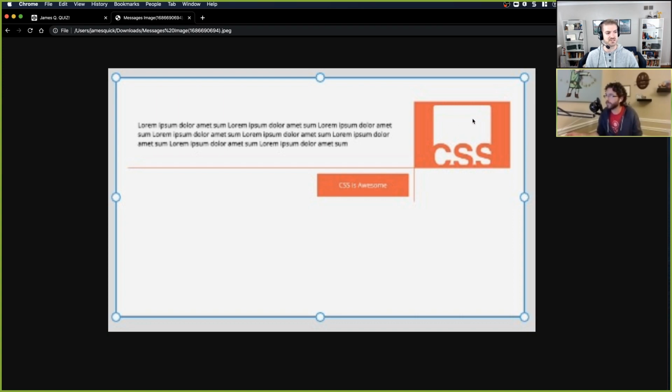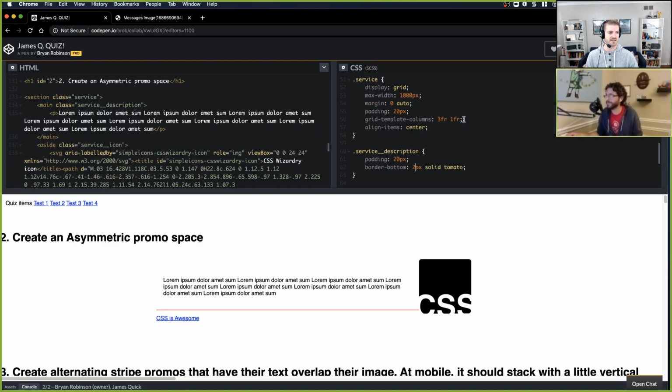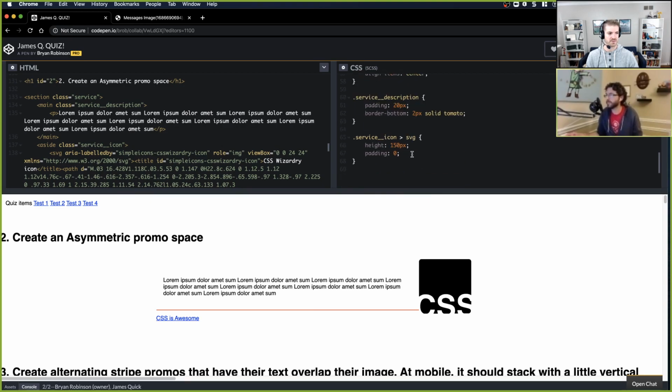And this is not actually just one image. You set a background on the container for the image, and that's why our images are different. So this would be grabbing this service icon and setting background color to tomato, and then we'll have to look to see what we've got.